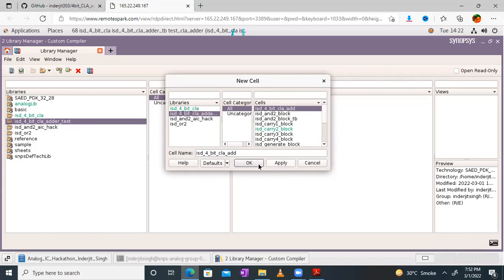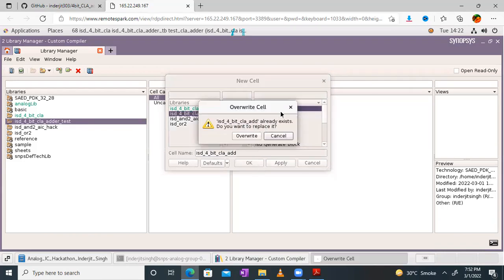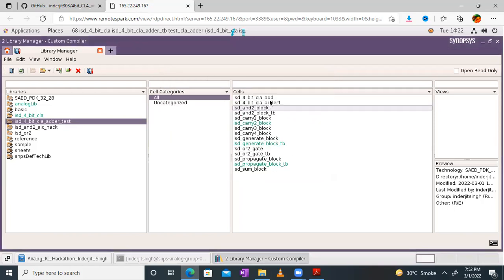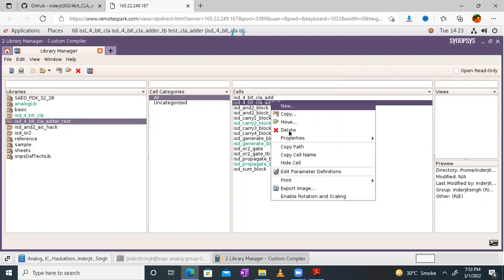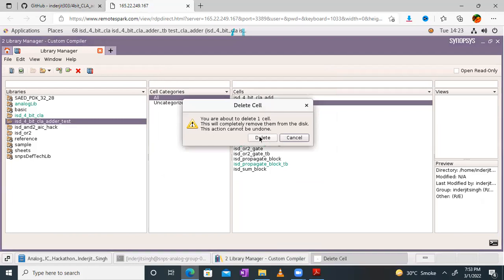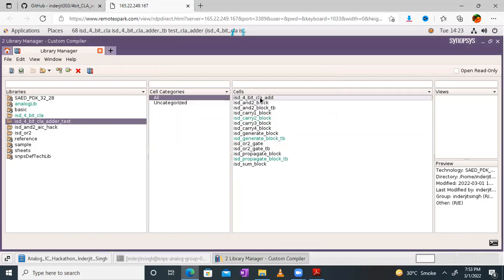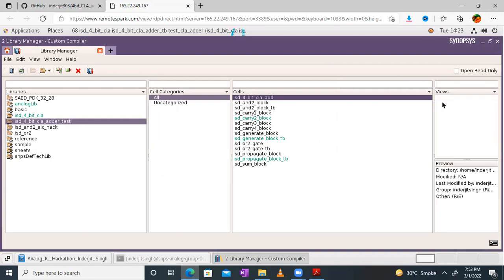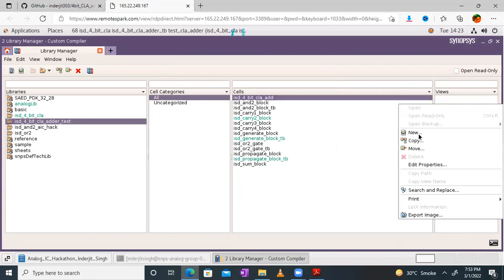So the new cell is created now. I'll click on OK. Okay, I will say this cell exists already. I'll call it as adder 1. Okay, fine. Actually, two cells got created, add and adder. So I'll remove one of them and I'll work on ISD 4-bit CLA add, right? Now let's move forward. Let's see if I can rename it. No, not possible. So now I have to create a view, go to new,